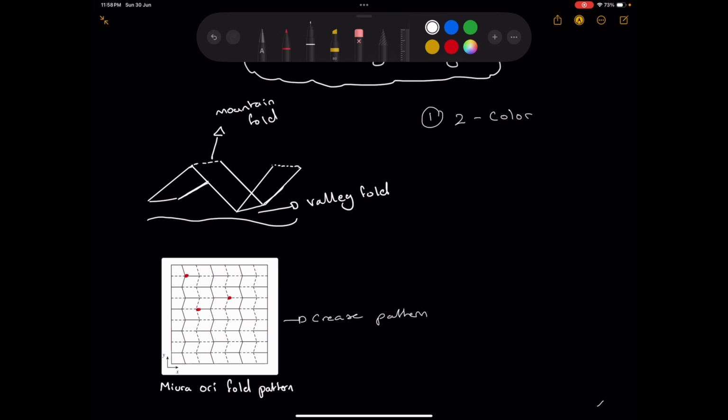And basically, two-colorability states that for a crease pattern which is colored in two colors, for any two adjacent folds, the colors will never be the same. And yeah, that's it for two-colorability. Not much to it. Now, having a look at the angles around the vertex, and basically what this law states